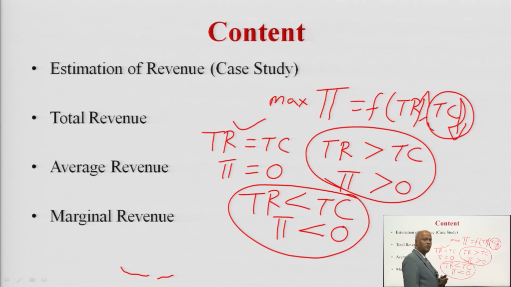In today's lecture, what we are going to discuss is how total revenue will be maximum, in which situation the total revenue will be maximum. In that respect we discuss different concepts of total revenue, that means average revenue and marginal revenue, try to establish their relationship, and also see how to compute or estimate this revenue. For that reason we have to discuss a case study. But before that, regarding the cost part of it,